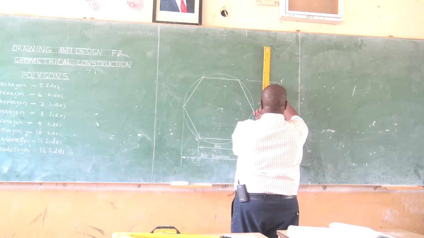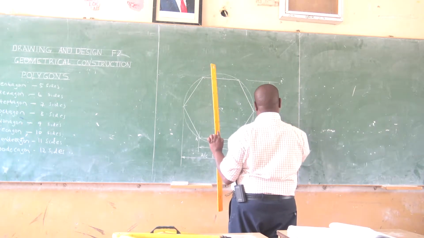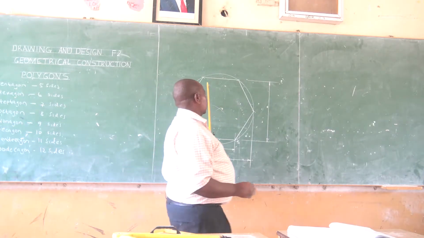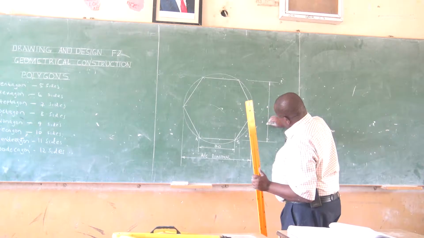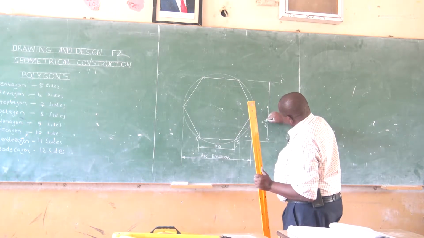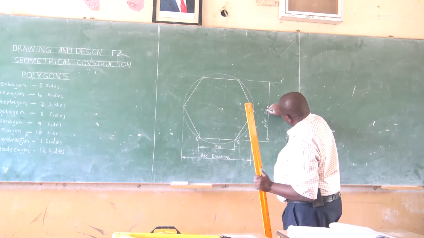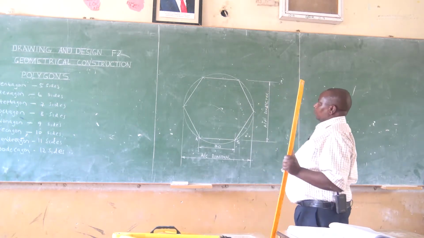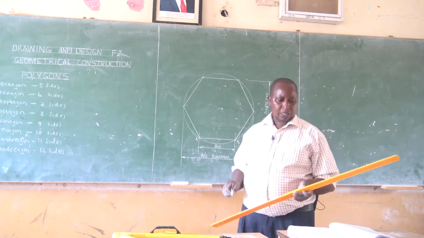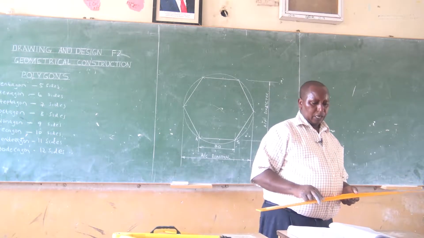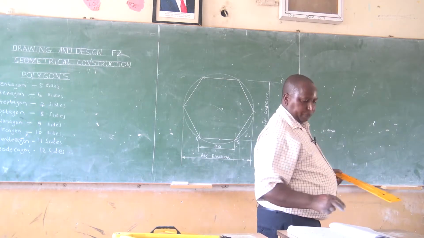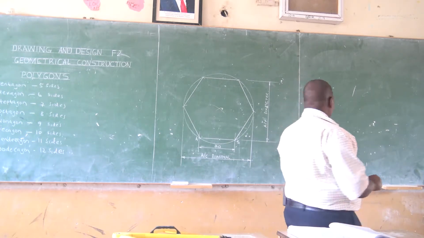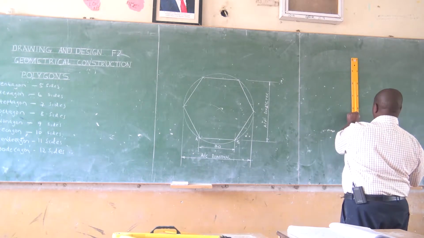If you look at the length here, that distance is referred to as across flats, and it's also called the diameter of the polygon. So this one is across flats, and this one is the diameter of the polygon. So distance across corners is the diagonal, distance across flats is the diameter. Now, the hexagon can also be constructed as tangents to a circle, so that when you're given the diameter,